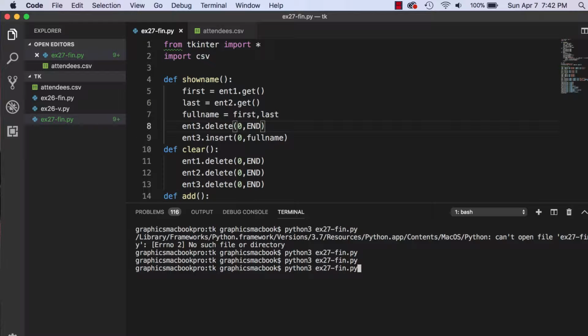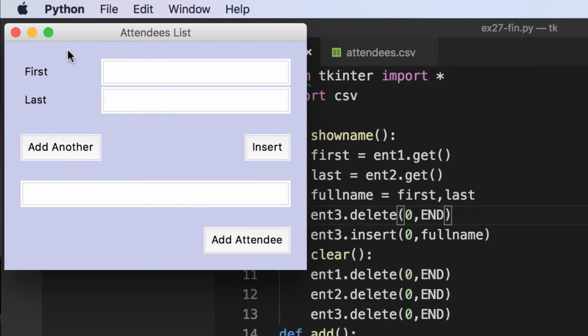So I'm going to run this right now. And we're just going to create a little entry form here, just a small one with a blue background. And we're going to put in some names, Adam Ant, and we'll hit insert, and a couple things happen. One is we just display the name here, and we'll start that first just to kind of practice. But then when we hit add attendee, what happens is it clears it out,